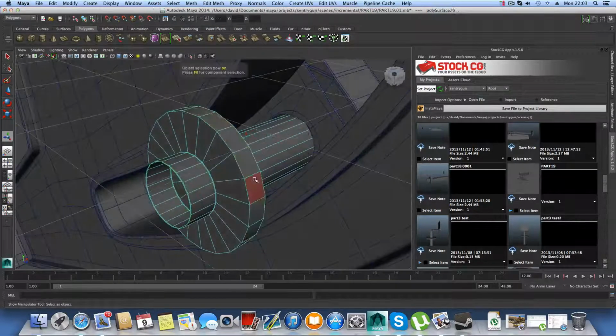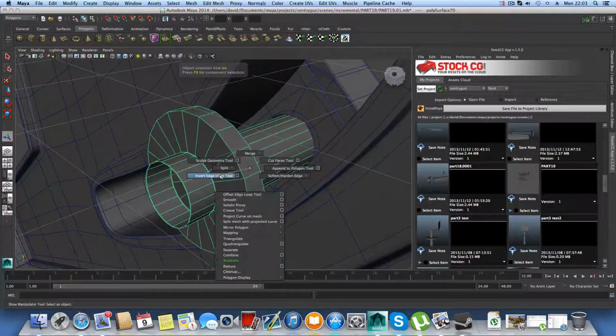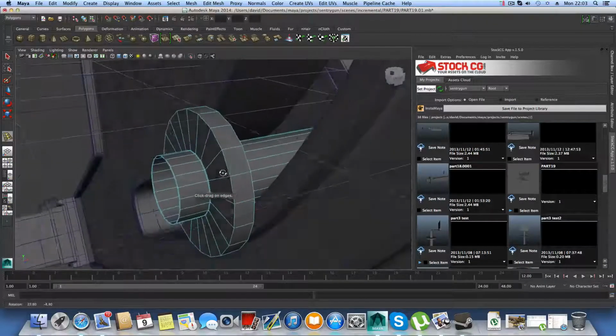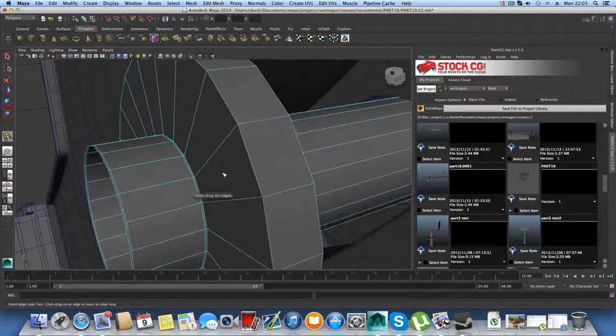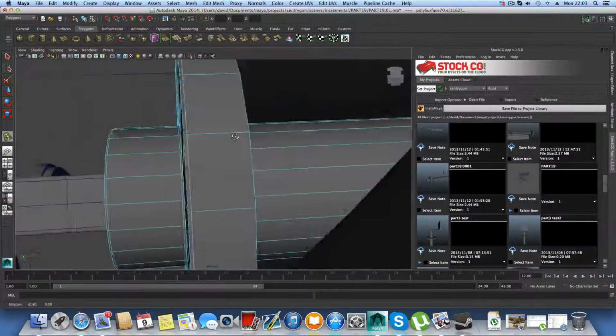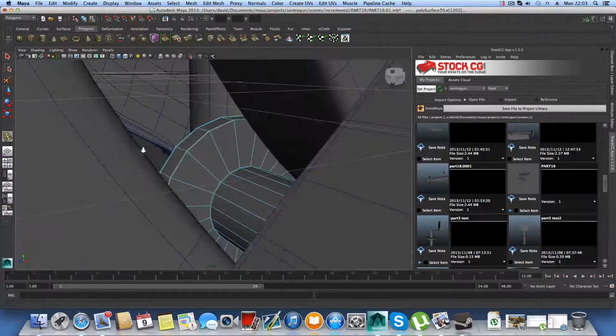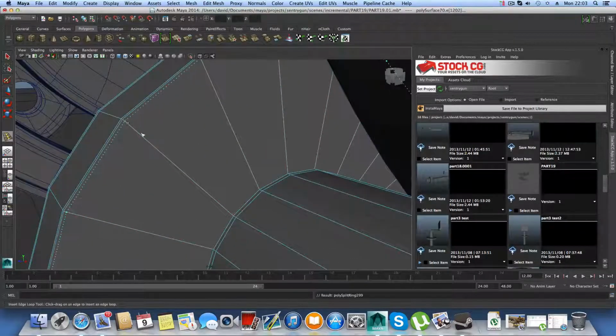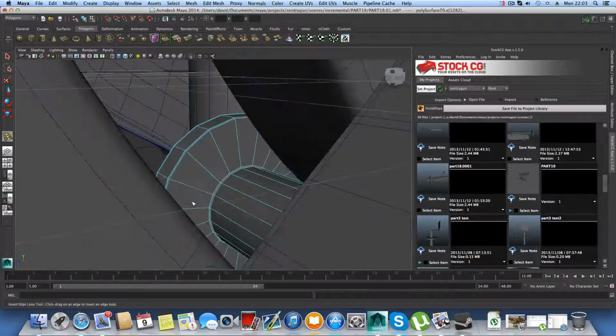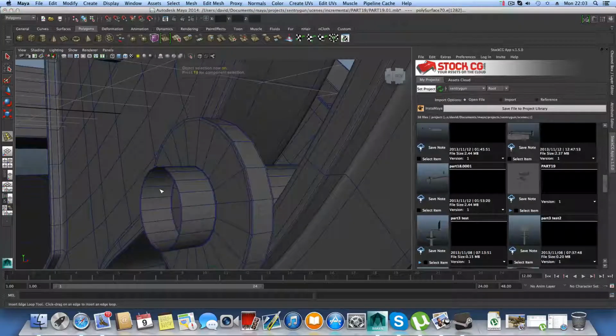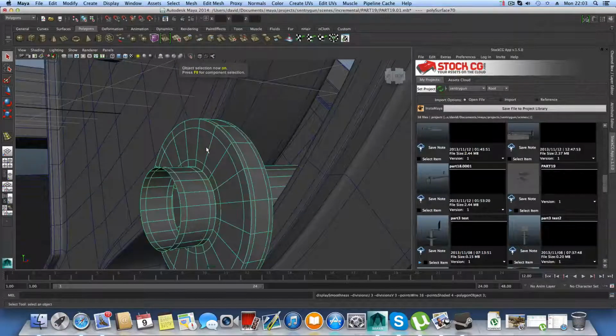So shift right click, insert edge loop. I'm gonna add 1 edge loop over here, one edge loop over here, one edge loop over here, like that. Gonna peek from the outside, like so. So if I press F8 and press 3 to smooth preview, this is how it should look like,